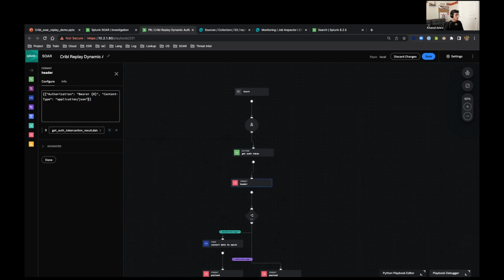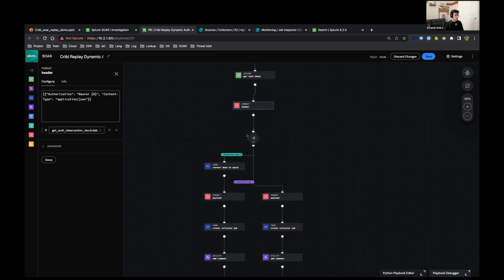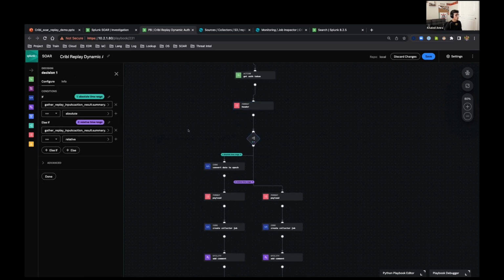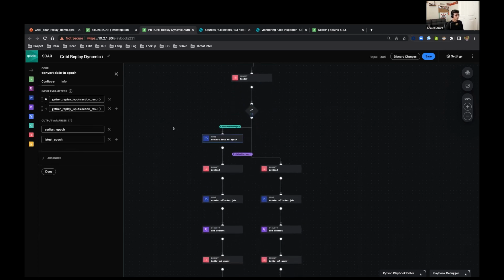We form our headers right here. We add the bearer token that was received from the auth token to the authorization key. Then we have to figure out if an absolute or relative time was specified, because if it's absolute, you have to convert that to epoch to send it over. That's what this little custom function does.